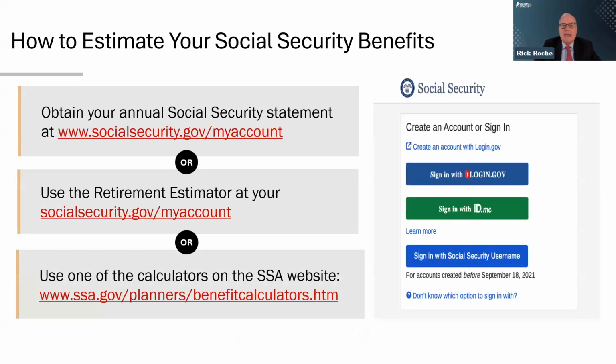Now, where can you get your Social Security statement? Well, if you're over 60, the Social Security Administration sends you an annual statement 3 months before your birthday. It shows the amount of benefits that you're entitled to. If you're under 60, or if for some other reason you want to access that, you can access your Social Security statement by going online to